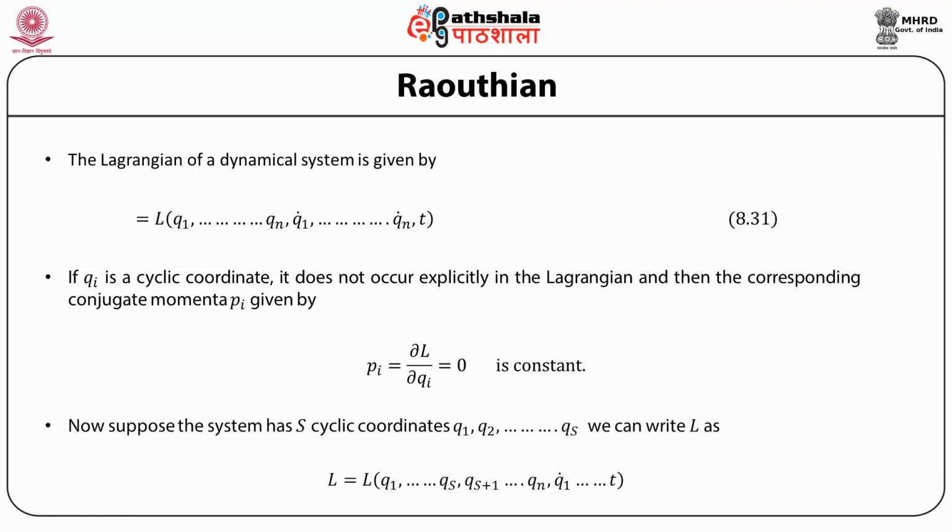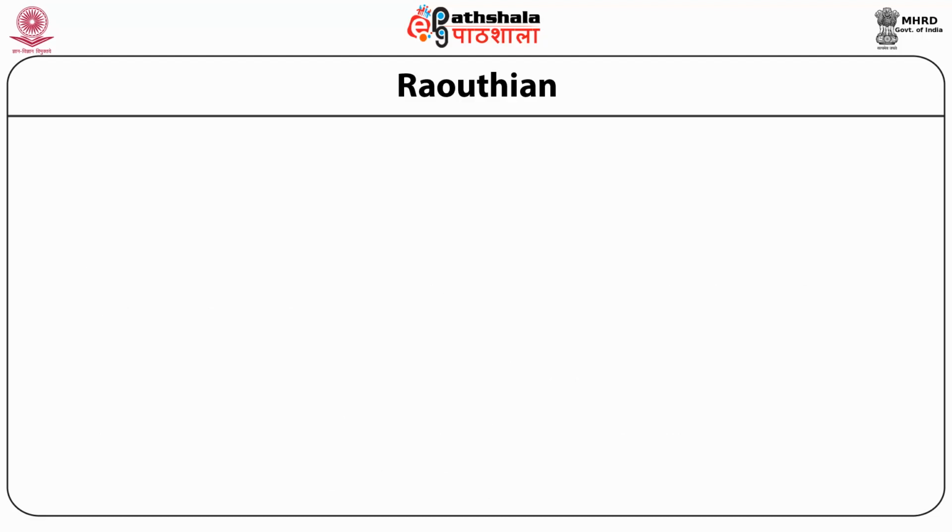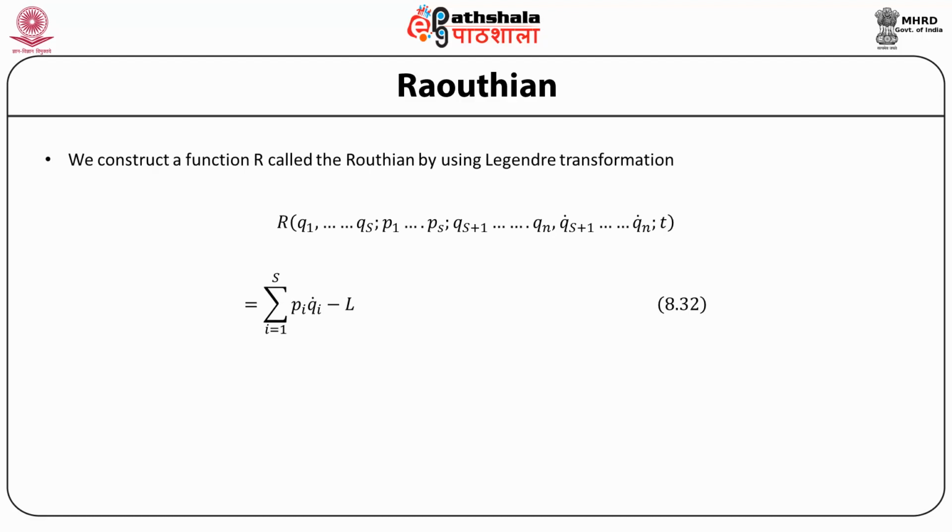Suppose we have a system which has s number of cyclic coordinates q1, q2, ..., qs. Then we can write L as a function of all the coordinates q1 to qn, but we can separate out the cyclic coordinates q1 to qs from the rest of the coordinates going from qs+1 to qn. Now we construct a function R, which is called the Routhian, equal to the sum of pi qi dot over only the cyclic coordinates minus the Lagrangian L,